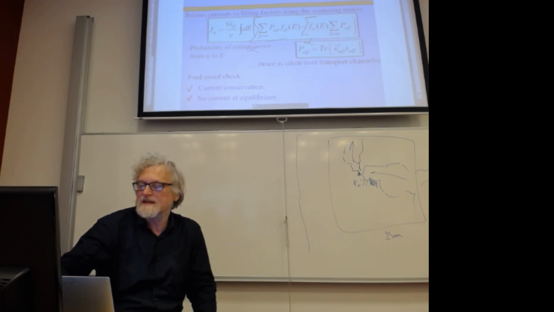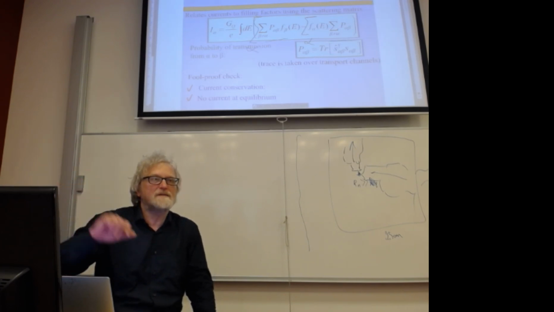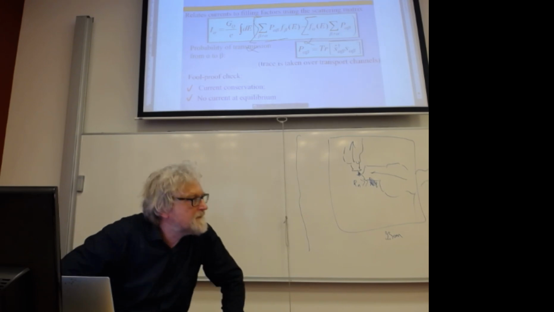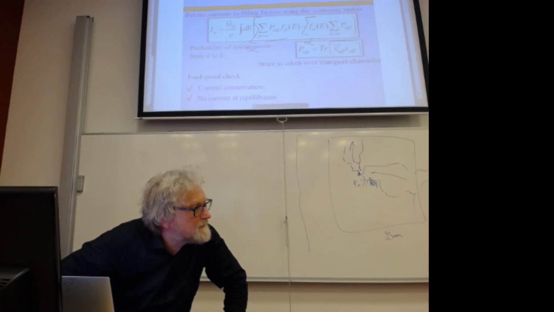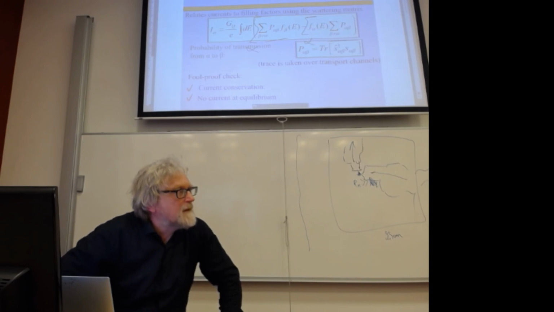These terms are the same if we change beta to alpha. Yeah? I'm just for a moment a bit confused. This must be a simple question, but if we have the current going into the alpha, then wouldn't we momentarily expect that the filling factor is